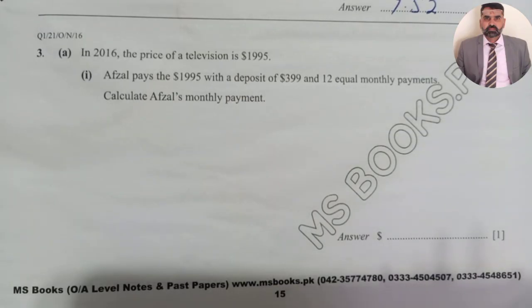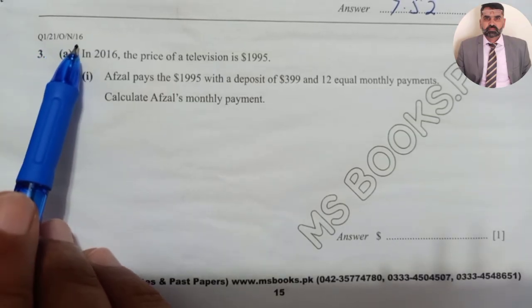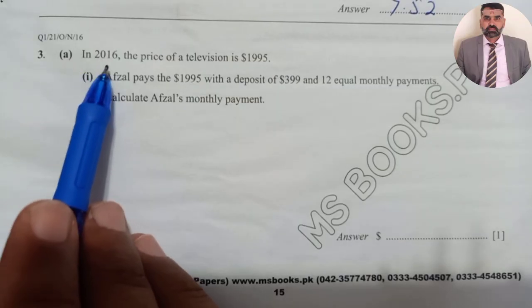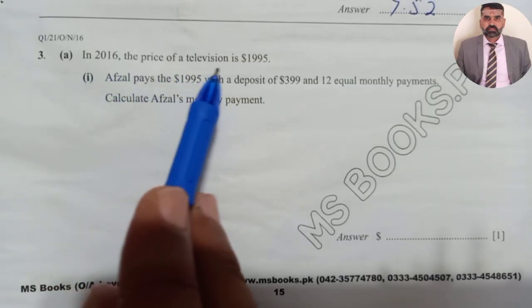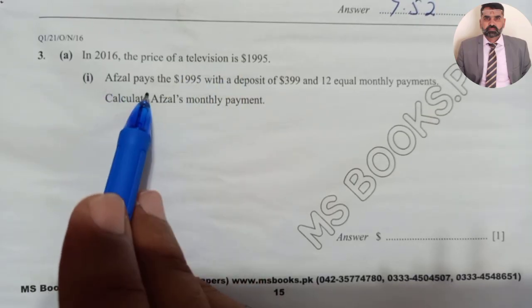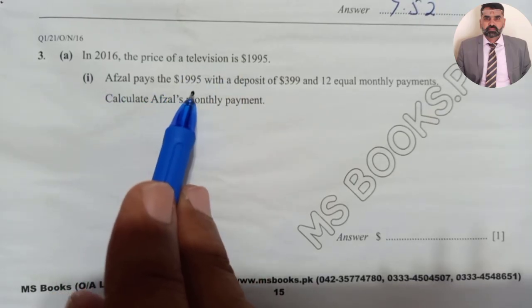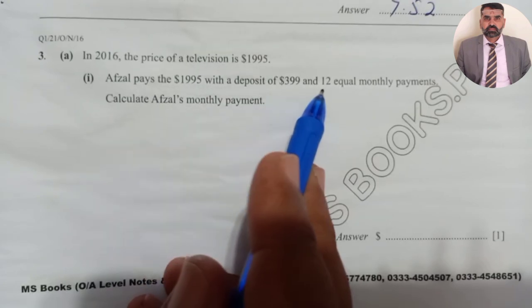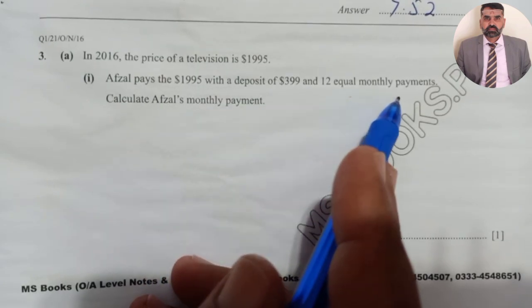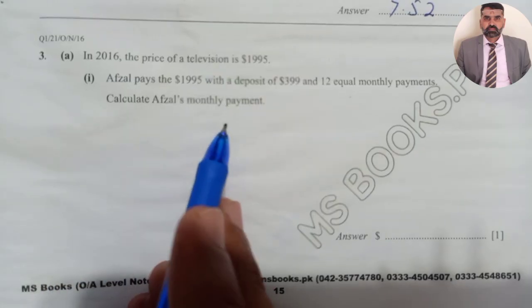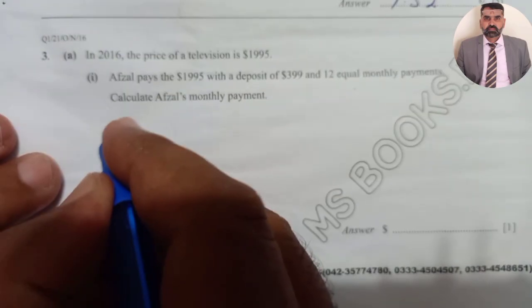Dear students, O level mathematics 4024. Question 1, October November 2016. The statement of the question is: in 2016, the price of a television is $19.95. Afzal pays the $19.95 with a deposit of $3.99 and 12 equal monthly payments. Calculate Afzal's monthly payment. So students, monthly payment will be